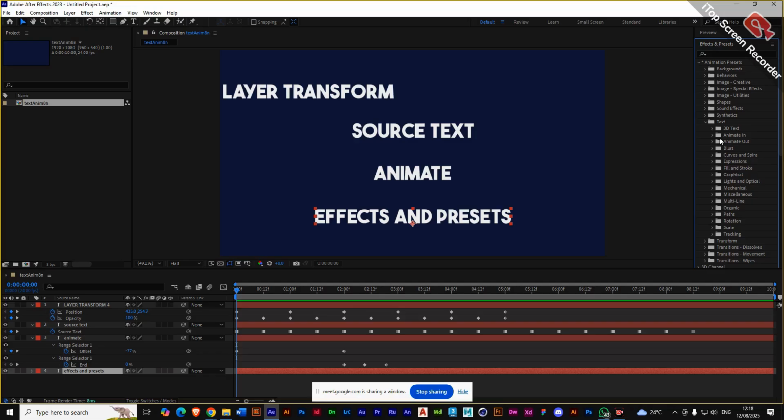Let me try this Animate in. Okay, so I want to use a preset, but I don't know what it looks like. So let me take this espresso eye chart for now. If I right click on it,